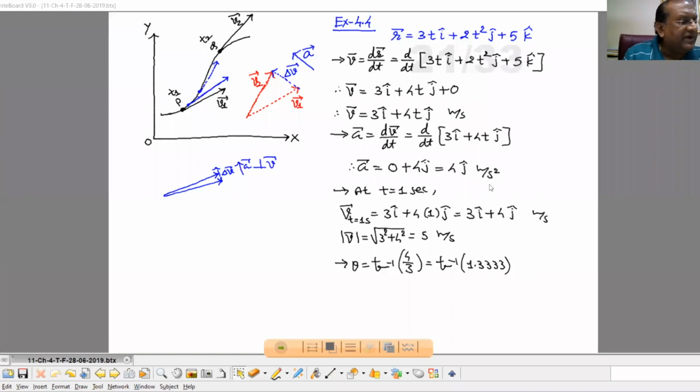Example 4.4. The position of a particle is given by the vector r equal to 3.0 t i caret plus 2.0 t square j caret plus 5.0 k caret, where t is in seconds and the coefficient